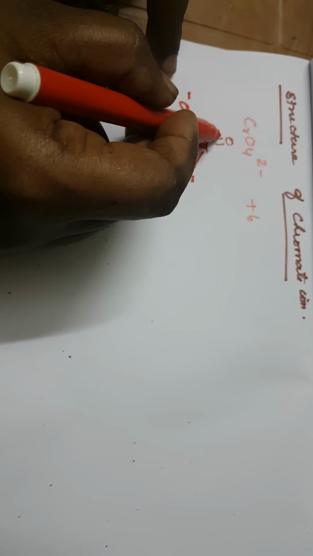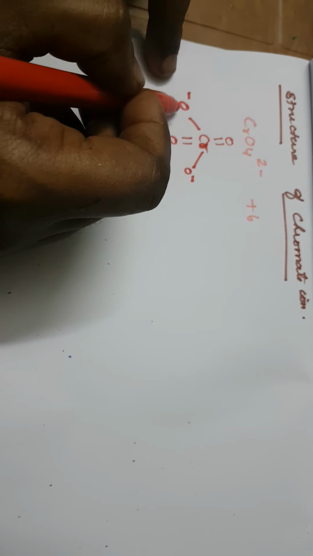Suppose the structure is like that, these structures exhibit resonance. Resonance structure means this minus charge is coming inside, this charge is coming to that minus charge. Again it will come to that side, this bond is coming to that side. This is also a double bond. So they are interconvertible. The electrons are delocalized in that structure. So it is a resonance structure.